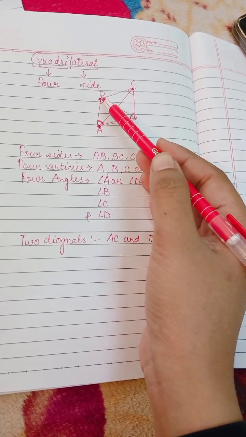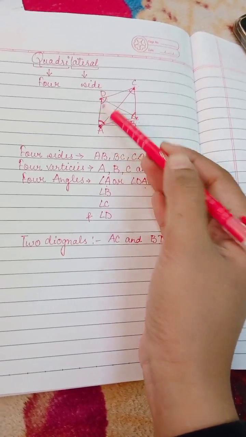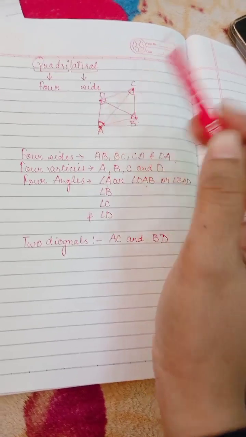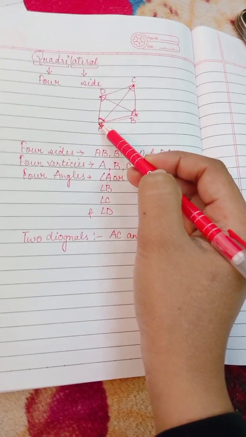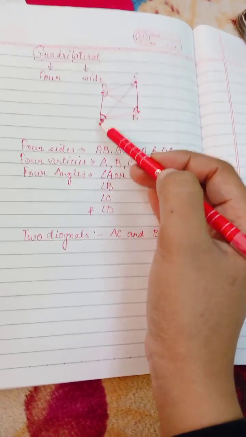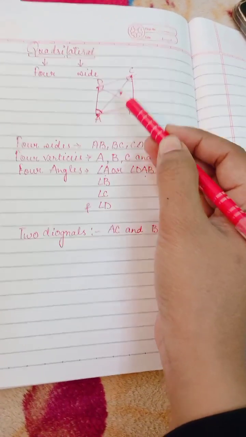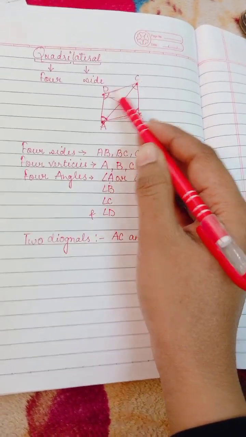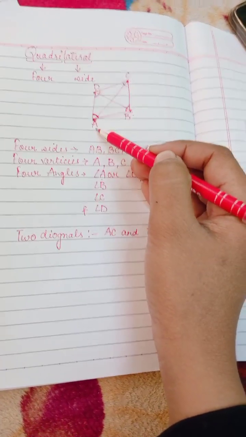Suppose we talk about this AD and BA. So AD and AB have this A as a common point. So two adjacent sides have one common vertex. Okay. Similarly, what we have next here, opposite sides. So opposite means one in front of the other. So AB and CD here are opposite sides, BC and AD here are opposite sides.